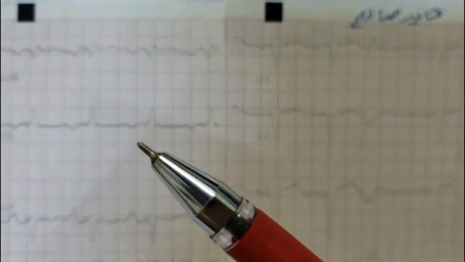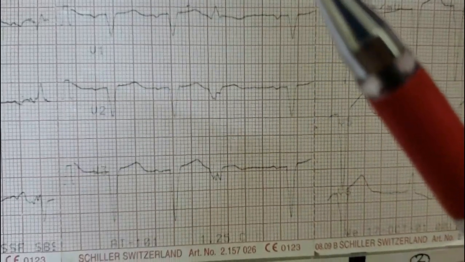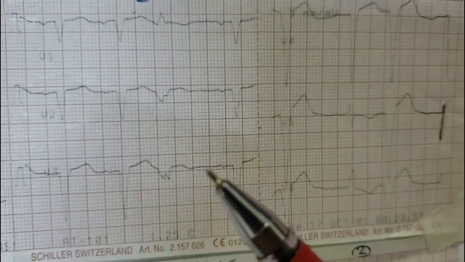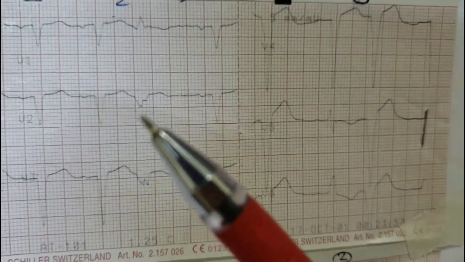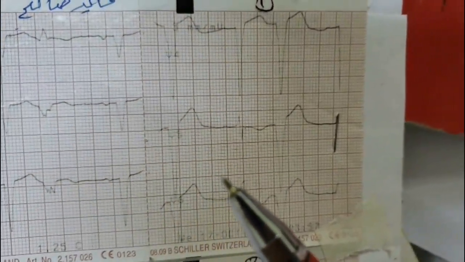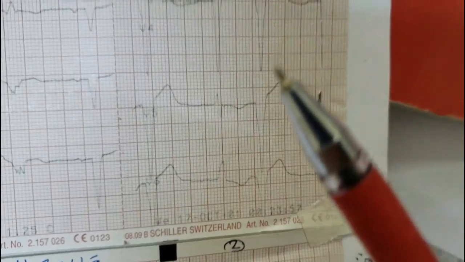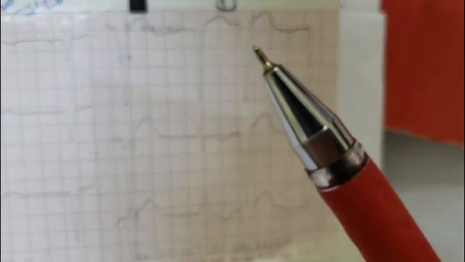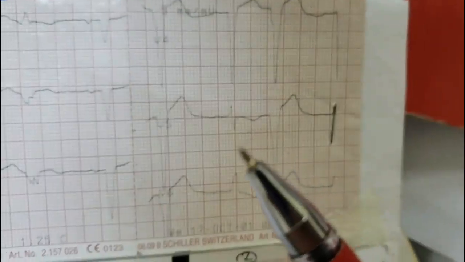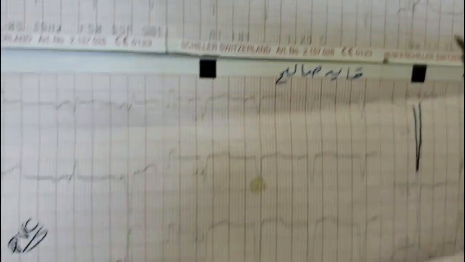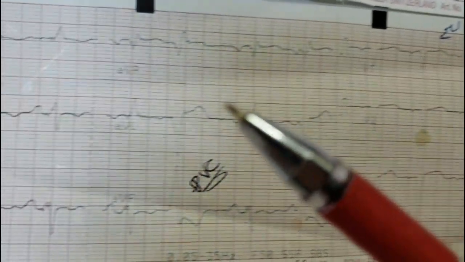P wave in aVL, and the premature ventricular beat seen here with intraventricular conduction delay, widening of QRS complex, and low R wave progression. Look carefully, this is a premature ventricular beat. Yes. And the second ECG for the same patient, this